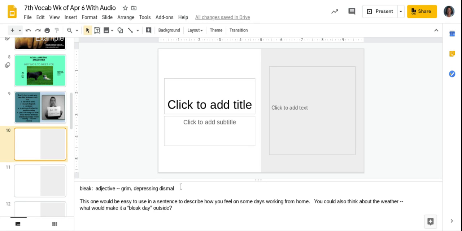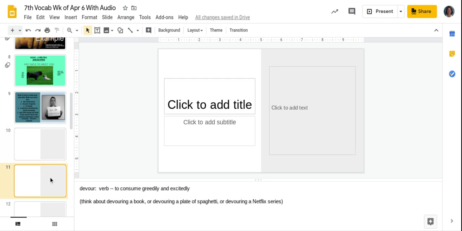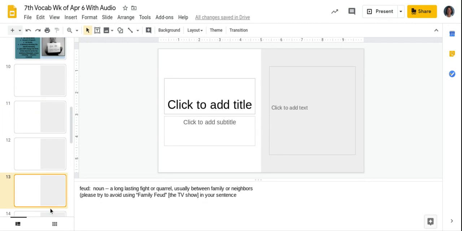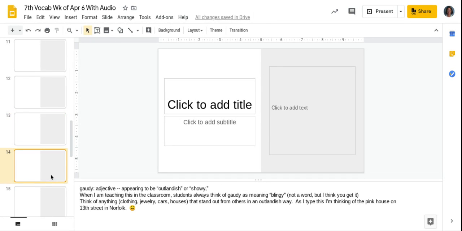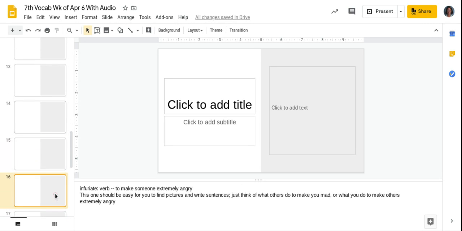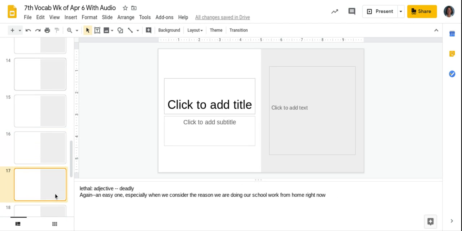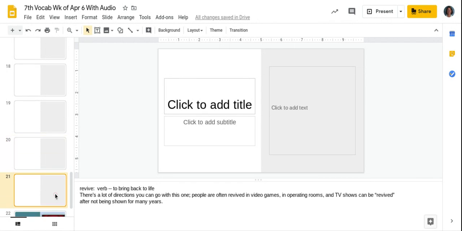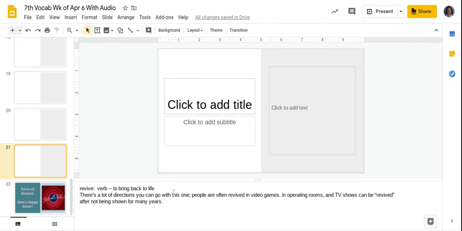And this, I give you kind of some hints as to how I teach this word when I'm writing the words on my board. So we've got bleak, devour, endure, feud, gaudy, immense, infuriate, lethal, melancholy, mourn, nomadic, and revive. And you can look to see what I typed in about those words, but remember you have